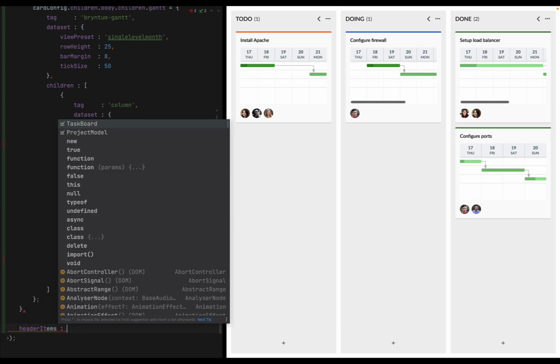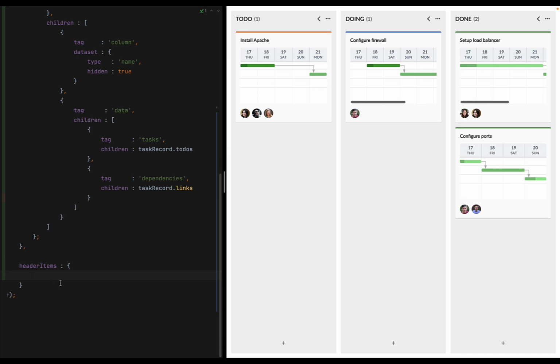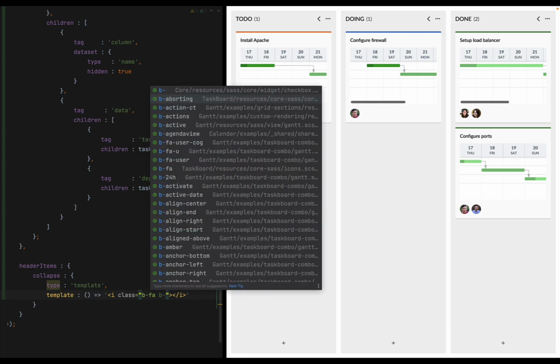So that's going to be an object, and here I can just name the item as I want. So I'm going to call it collapse, and so I'll have a type template. So I'm going to be using a template item which can output any markup, and the template will be defined as just a string which returns some icon markup like this. And we have our font awesome library included. So let's see, a chevron